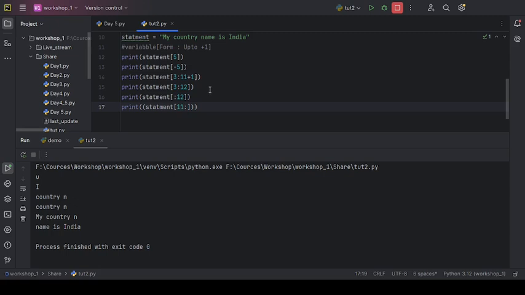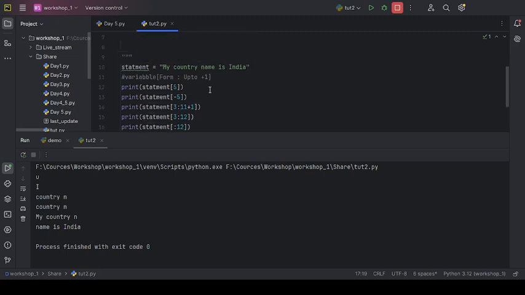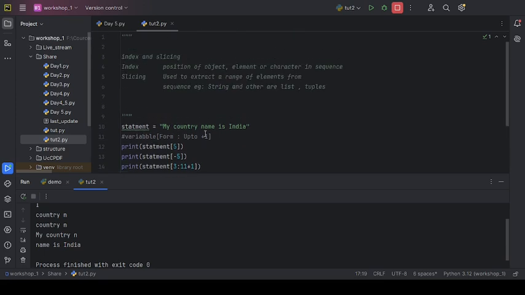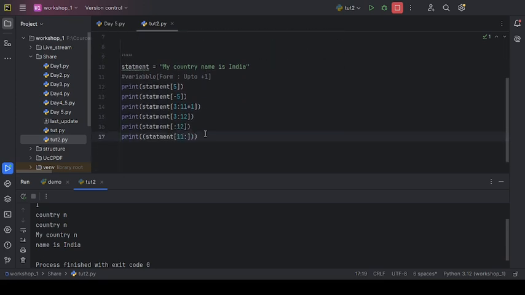If you haven't understood this concept, please make sure that you go through this video and understand the process of how we can extract. So the learning outcome from this lecture is how we can extract individual characters or objects from a sequence, and how we can pass a group of objects present in a range of particular index.